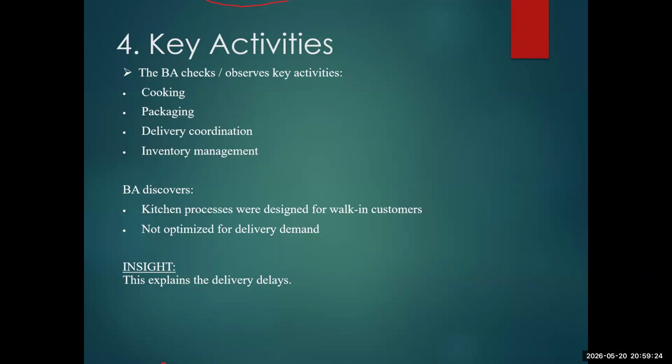All right. But after thorough examination, Abigail can say that the kitchen processes were designed much more for walk-in customers. They are not optimized for delivery demands, meaning they don't have the right devices. You say you're on ChowDeck, but you don't have a device, a tab, to follow through. You don't have packaging materials to make sure packaging is done instantly. Once they finish producing the food, they package it. You can follow up on the delivery on the tab. You can know where it is per time. Is it still on the way? Has it gotten there? What else do we need for deliveries, for packaging?